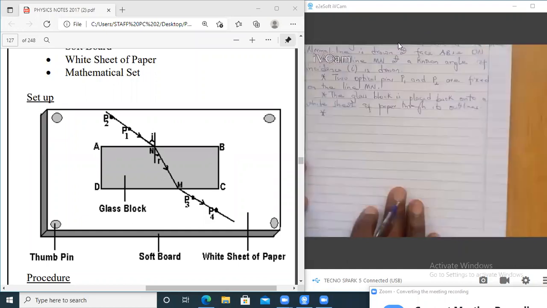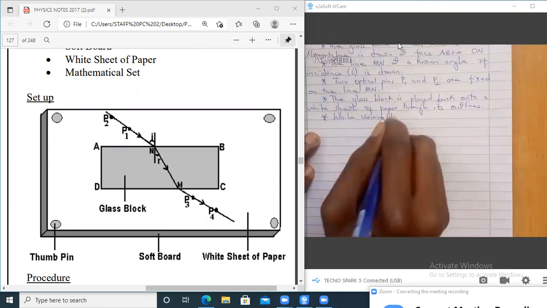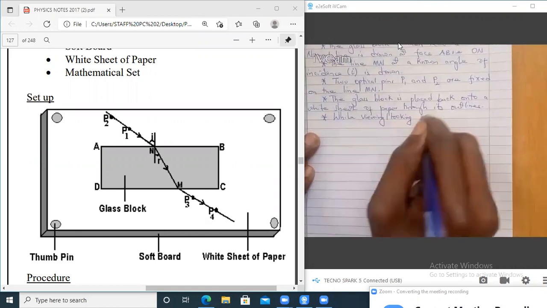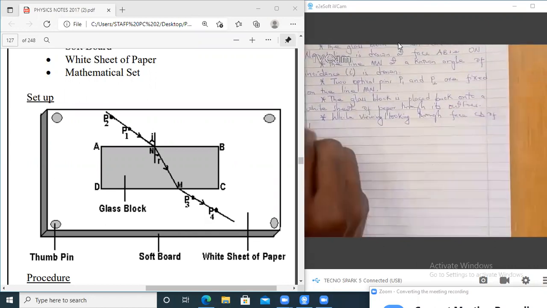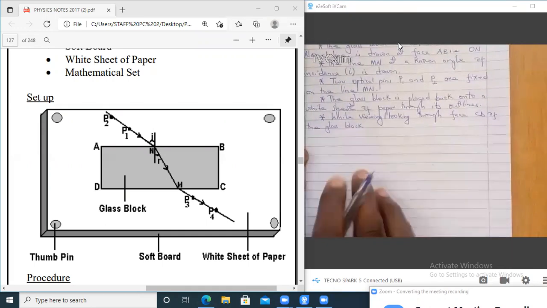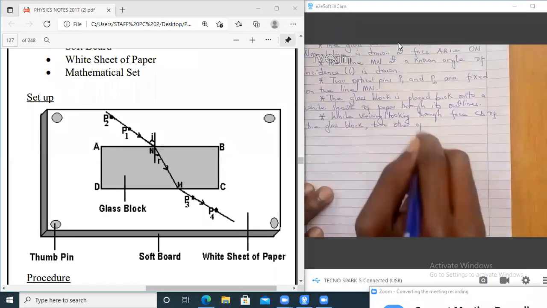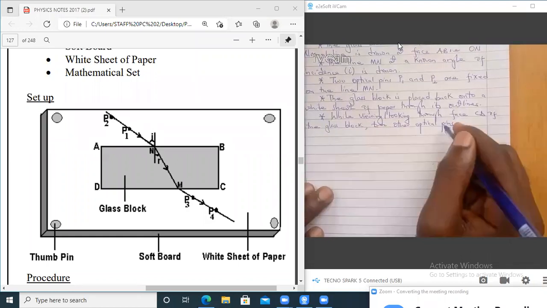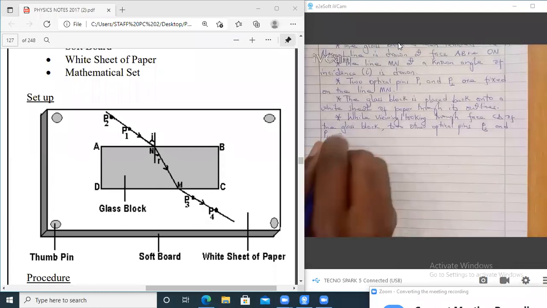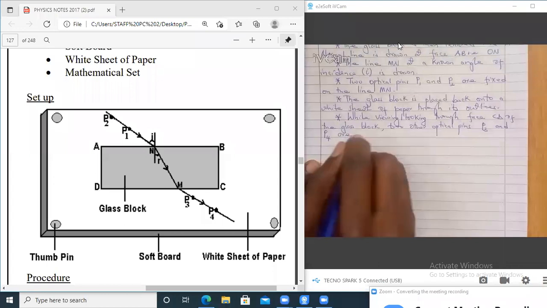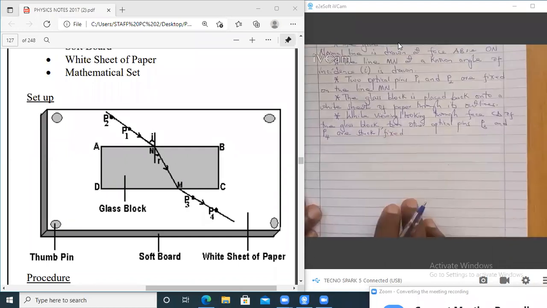Next, now you start viewing. While looking through face CD of the glass block, two other optical pins, P3 and P4, are fixed such that